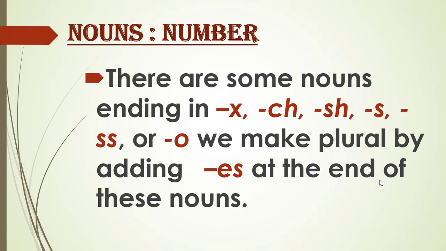there are some nouns ending in x, ch, sh, s, double s or o. We make plural by adding es at the end of these nouns. कुछ ऐसे nouns हैं, कुछ ऐसे naming words हैं जो कि end हो रहे हैं x, ch, sh, s, double s और o पे. इन लेटर्स पे जो नाउन्स एंड होते हैं, जब भी हम उनको प्लूरल बनाते हैं, वन से मैनी में कन्वर्ट करते हैं, तो हमेशा हम उनके साथ ईएस लगाते हैं।